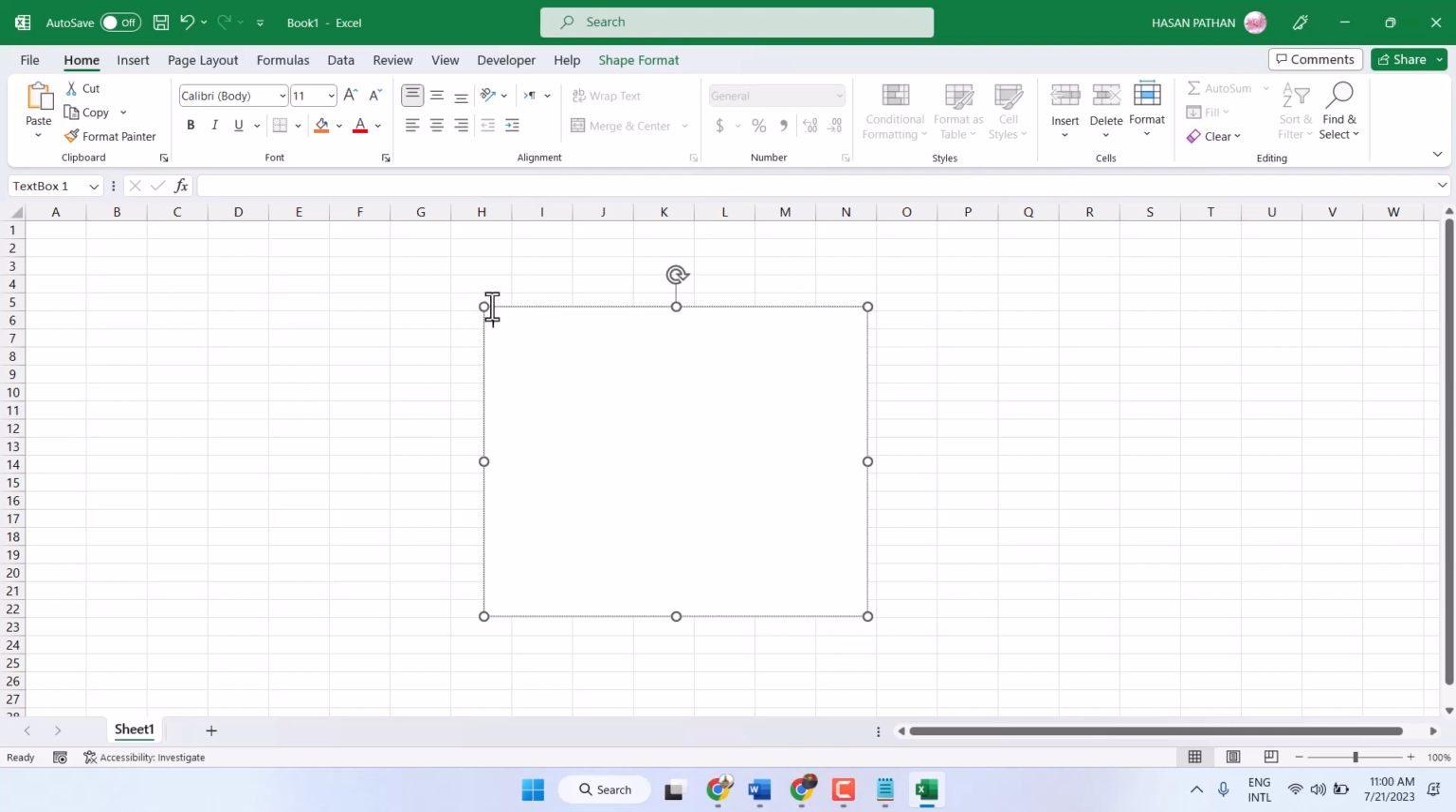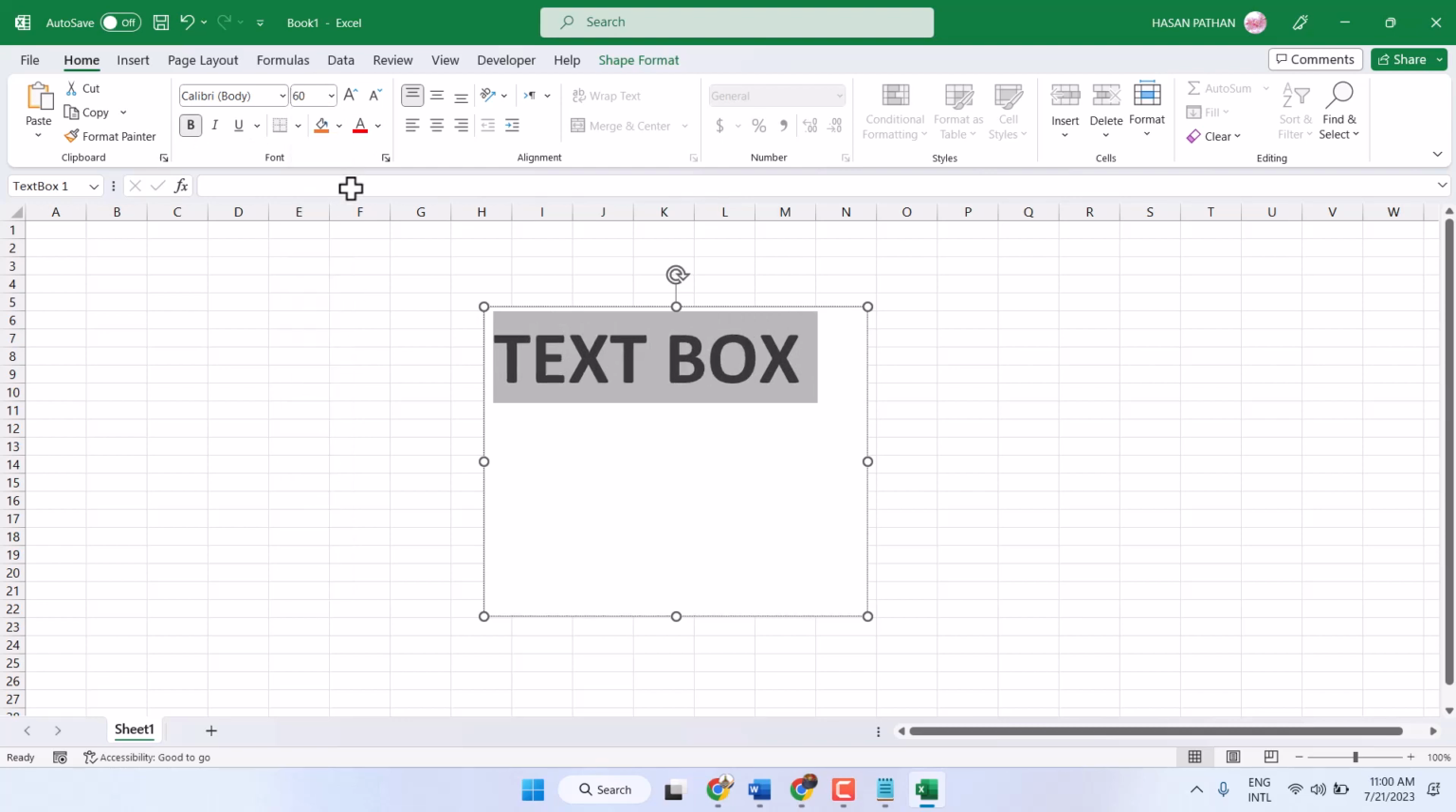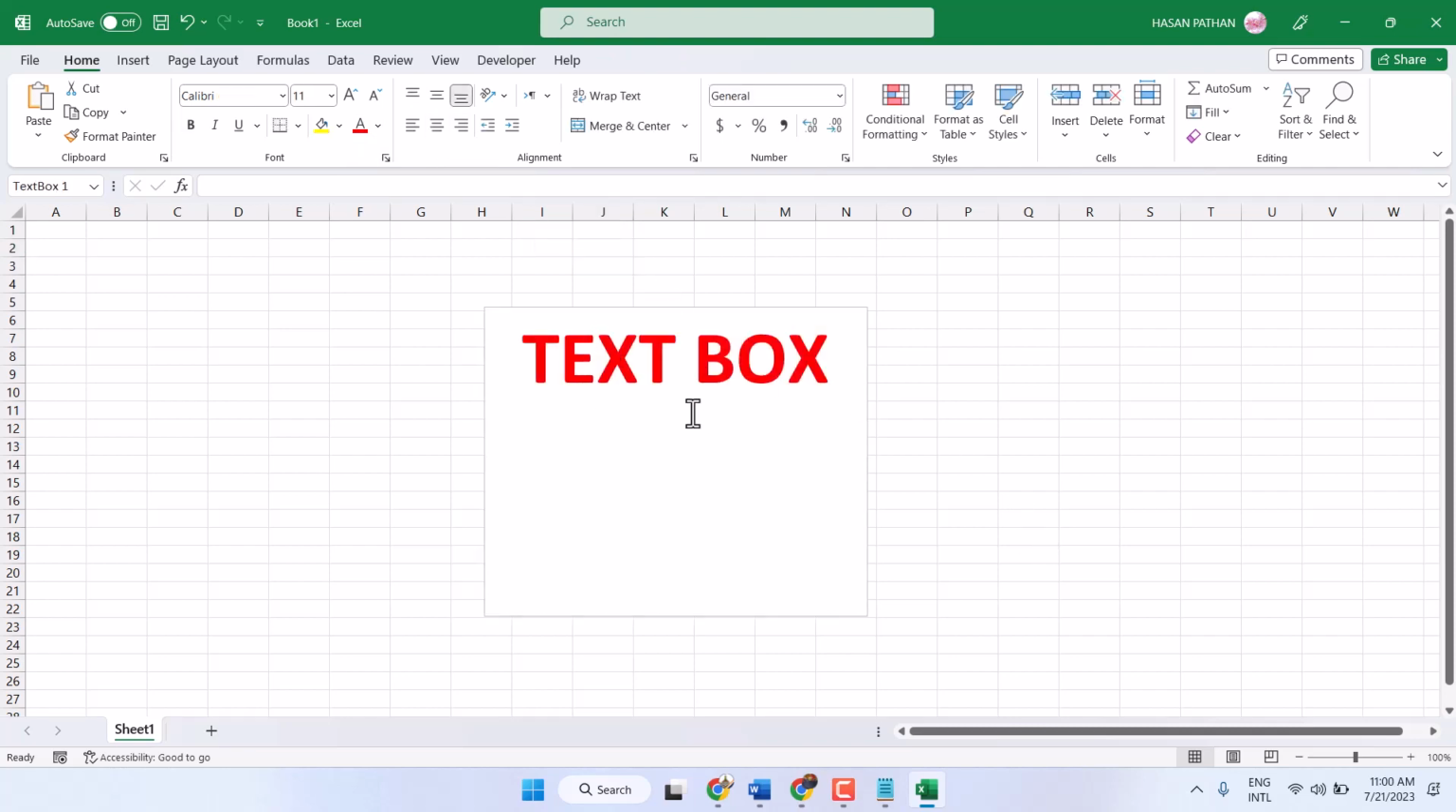Double click on this text box. Firstly I will type here some text. Okay, so we have this text box. Now to remove this border, double click on it in text box